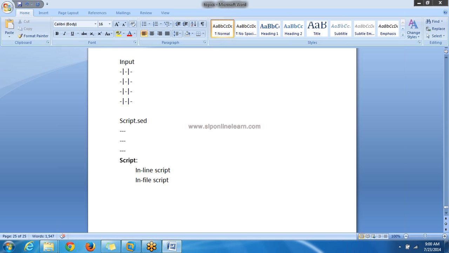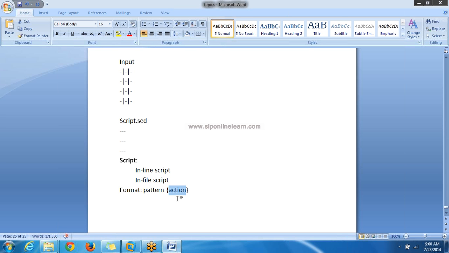So what is the appearance of this script? The syntax or format of the script file is that it contains pattern and action. Pattern and action. When this particular pattern is found on a line from the input file, then these actions will be applied on it.